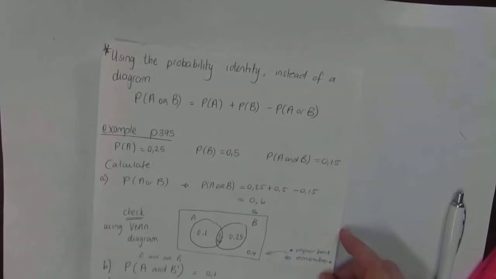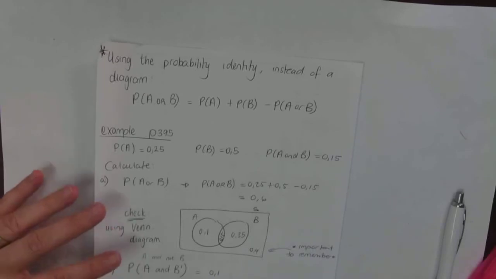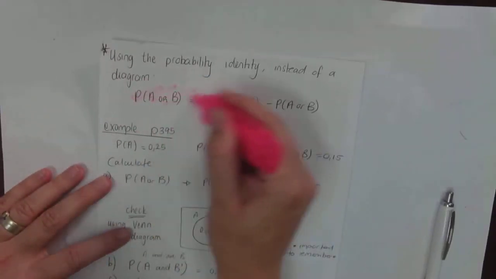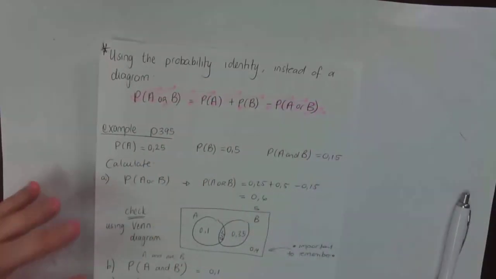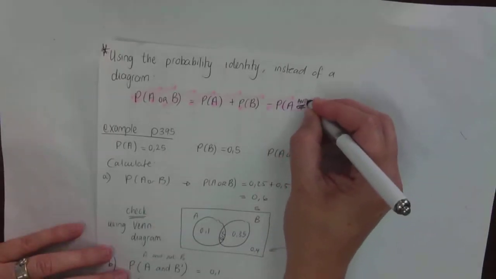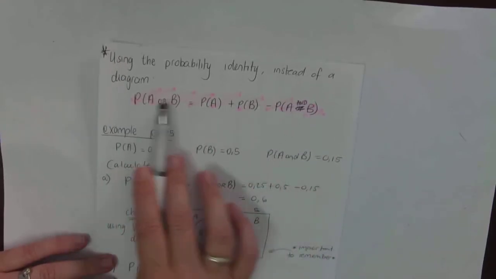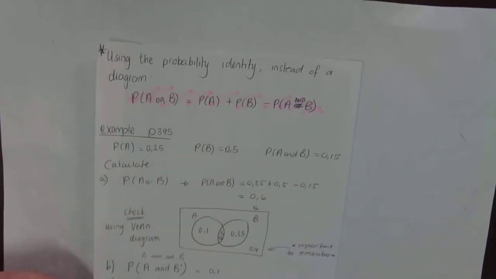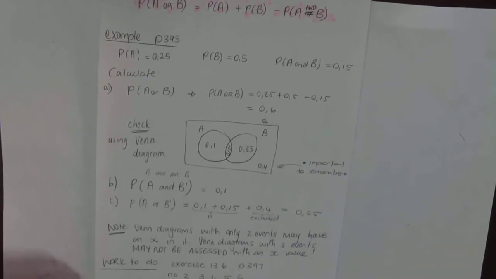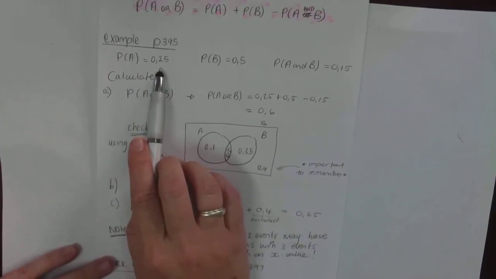So right, I can use the probability identity instead of a diagram. I have mentioned this in examples before. You can move, and that's an and, by the way, I can move the or and the and around the whole time. Okay, so if we look at the example on page 395, I tell you that the probability is 0,25 for